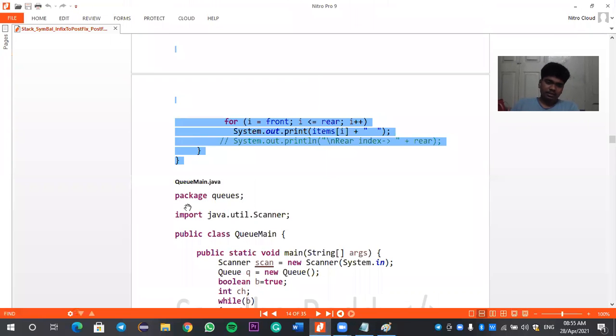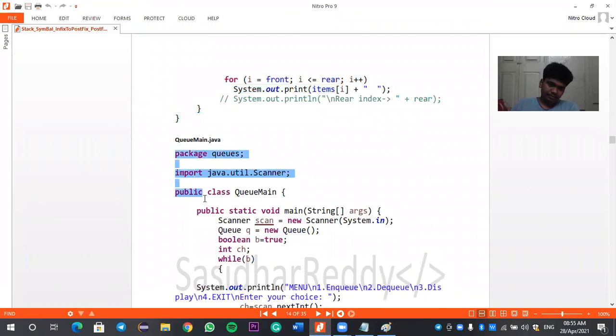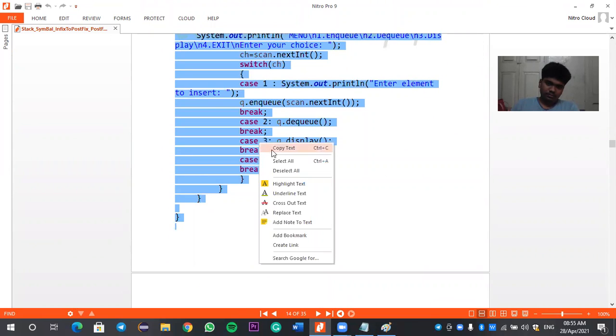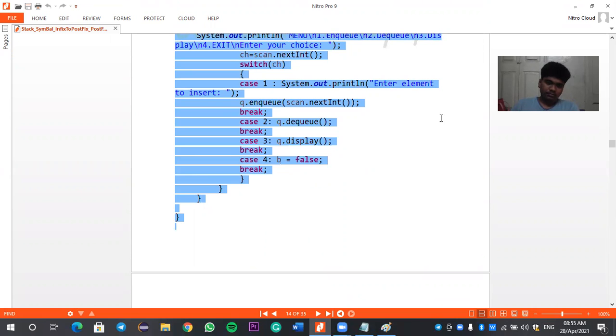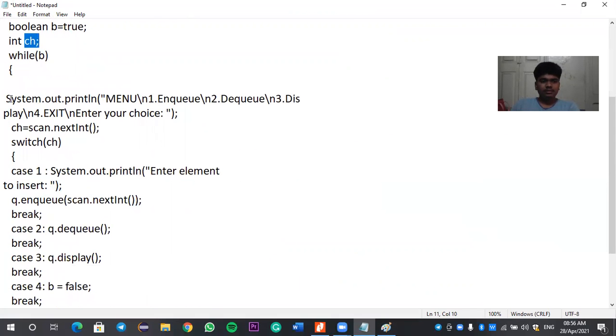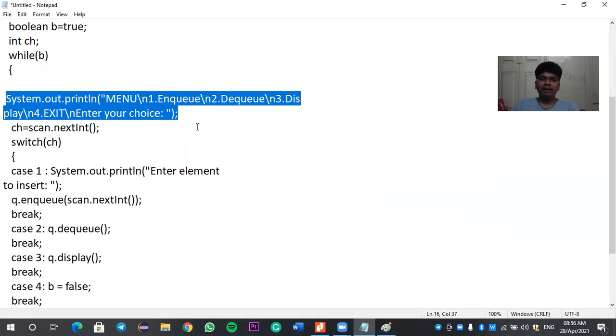And also let us just check this queue main. Queue main is nothing but it is just declaring a void main function and declaring a scanner. So it is declaring a q variable, and the boolean b is true. This is just for the while loop, and this is just for choosing a choice. And then now we are just giving System.out.println enqueue, dequeue, display, exit.